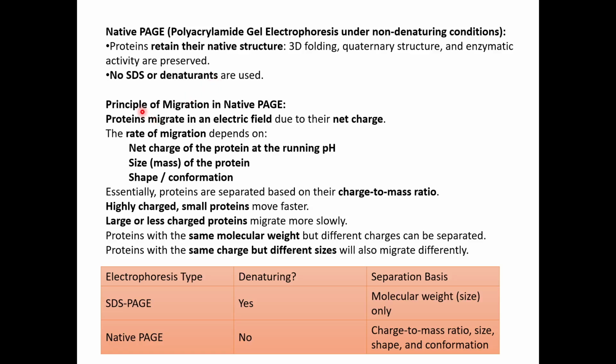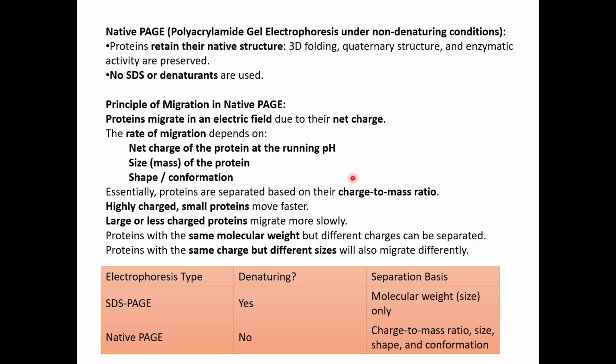The principle of migration in native PAGE is that the proteins migrate in an electric field due to their net charge. The rate of migration depends on three things mainly. First is the net charge of the protein at the running pH, then the size of the protein, and the shape and conformation of the protein. So essentially, proteins are separated based on their charge to mass ratio here,